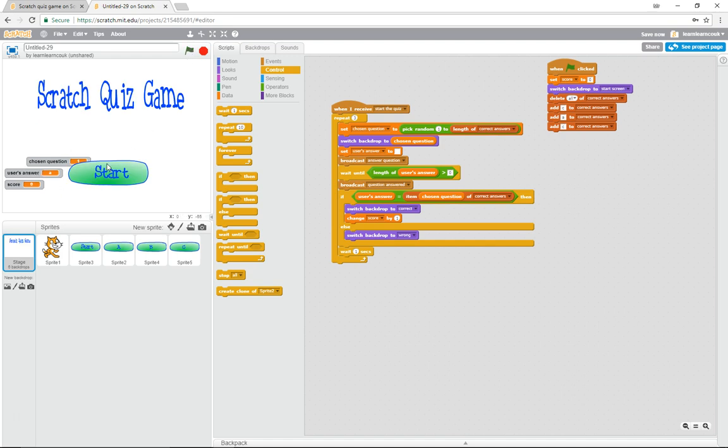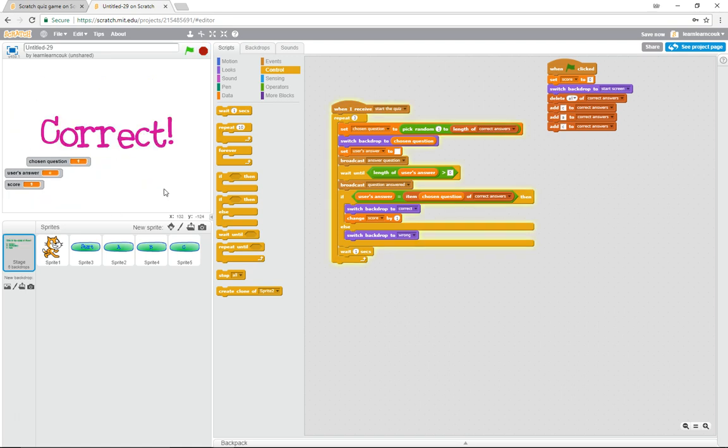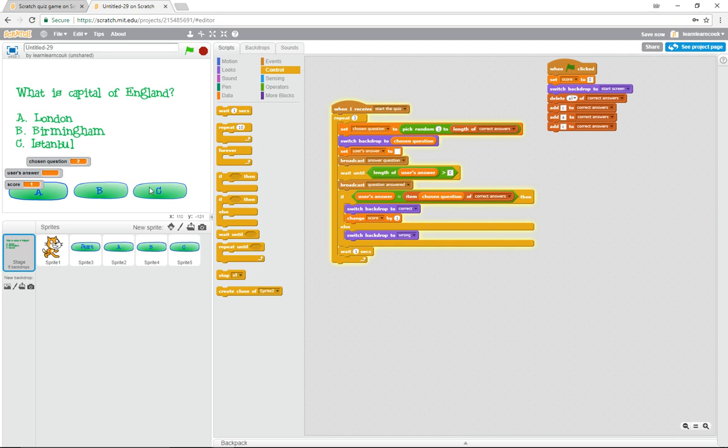We'll leave those there for the moment, just see how things are going. Start. What is the capital of France? Paris. Correct. And the score is 1. Good stuff. Capital of England, Birmingham. Wrong. Score still 1. What's the capital of... now here you go. Notice here now,